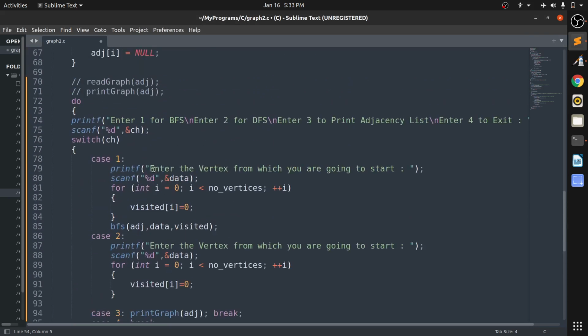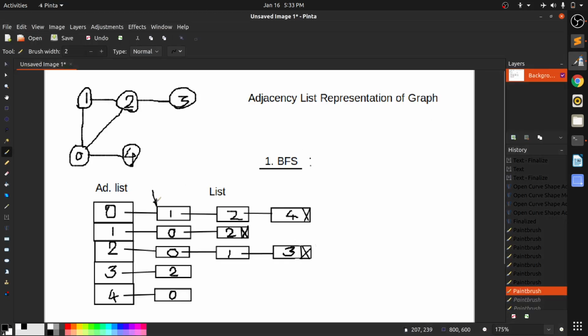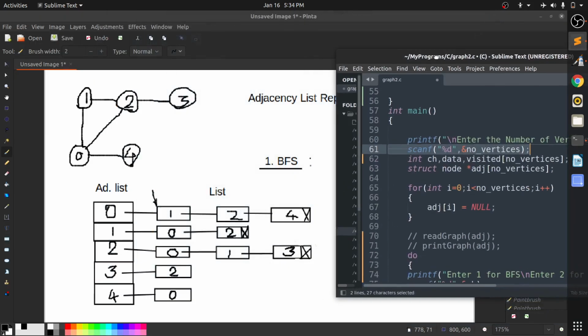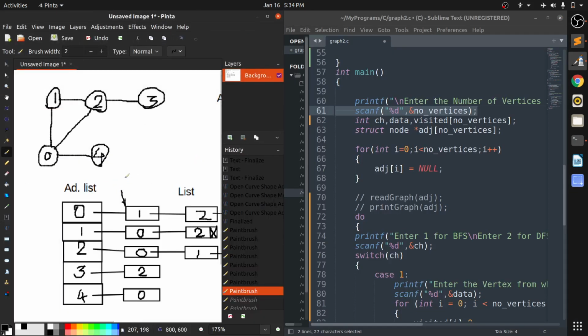This is an array of pointers; if I put 0 here, it will point to this list, this one only. Whenever it points to it, I can get access to the nodes adjacent to 0. I am just placing this window here for better understanding.